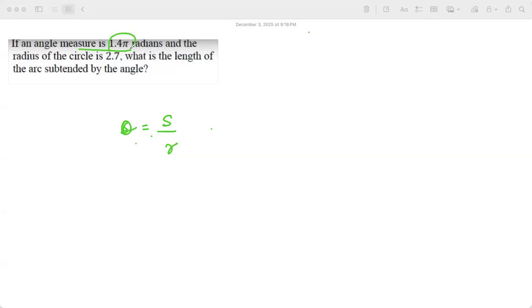Now if the angle measure is 1.4 pi radian and the radius of the circle is 2.7, when the angle measure is given in radian, you can use a calculator for this. But the biggest issue that I would see when you start using radians is you will forget to put your calculator in the radian mode, and if you forget, everything goes wrong. If you start working with radians, make sure you go to the mode button, and make sure there's one row for degree or radians. Radian should be selected in the calculator. Do that and tell me what is the length of the arc subtended by this angle.